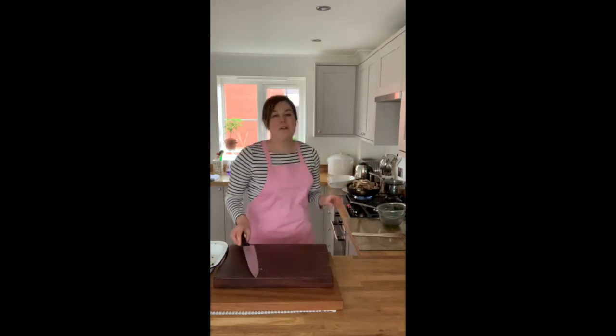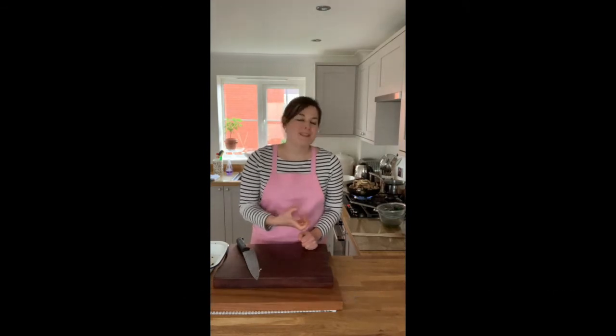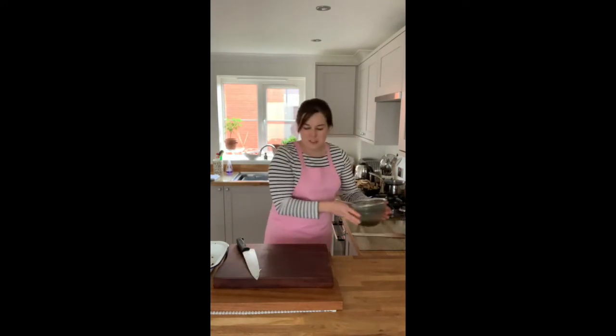I'll leave that for about 15 minutes, giving it a stir every minute or 2 until the mushrooms have really collapsed and any excess water has cooked off. I'll also need some spinach to go in the lasagna, and here I'm using